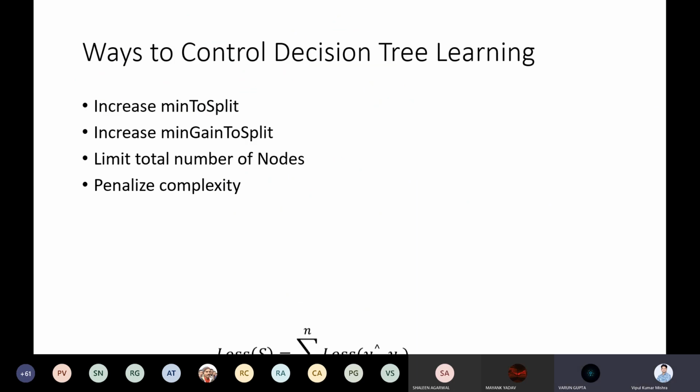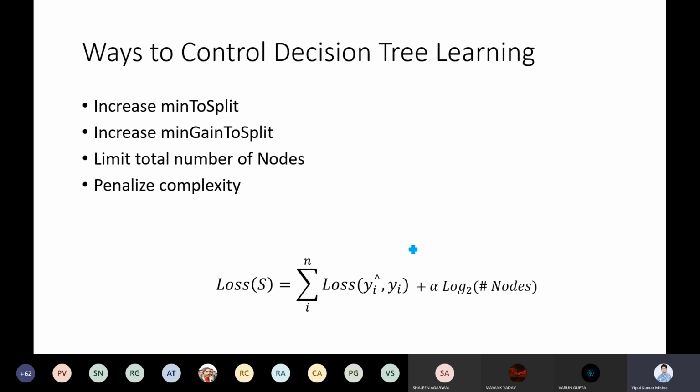Right. Similarly, in the decision tree, as we have seen, as we split more, the decision tree goes towards overfitting. So what we have done here is, on top of the original loss, we have added alpha of, in our case let me be consistent, this is lambda instead of alpha, log base 2 of the number of nodes. As you increase the number of nodes, your loss will increase, right? So the first term again will try to increase more nodes, right?